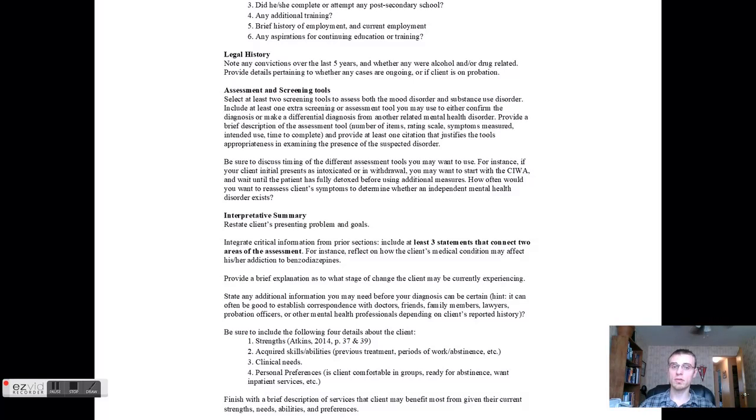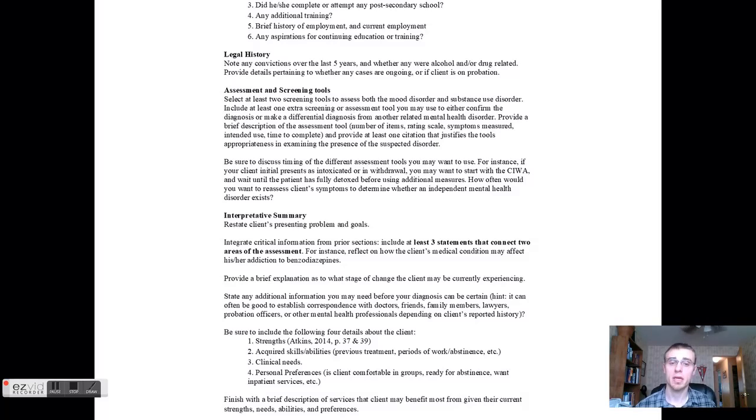So we want to see 2 or 3 at least different screening tools that you are using for this assessment. Provide a brief description of the assessment tool: the number of items, rating scale, symptoms measured, intended use, time to complete. Very brief with that. Provide at least 1 citation that justifies the tool's appropriateness in examining the presence of the suspected disorder. So just a short paragraph, nothing too in-depth, just some of the basic components of the different assessment